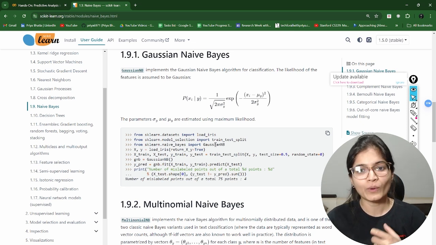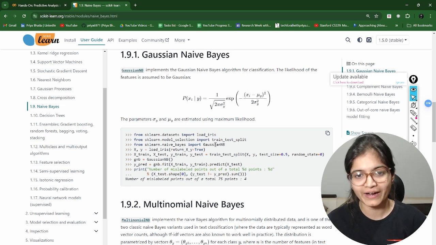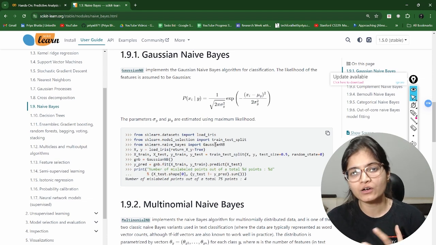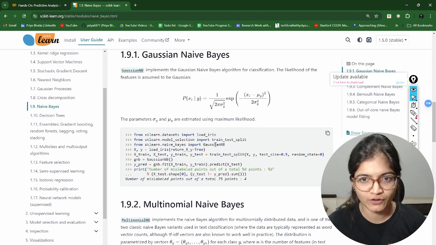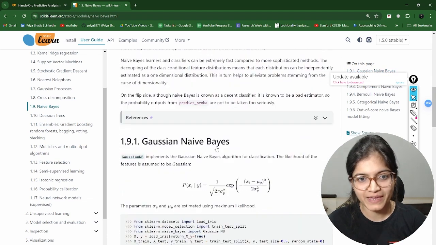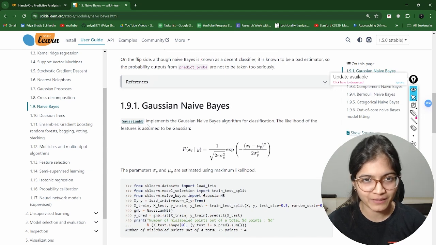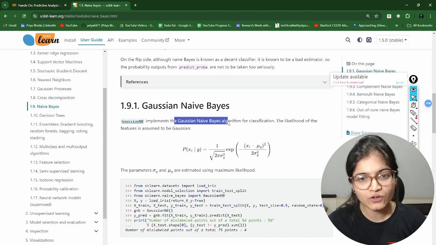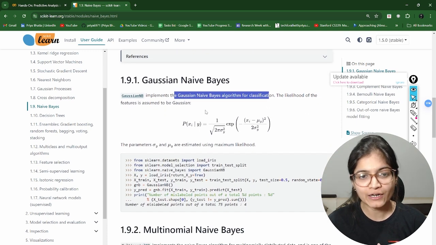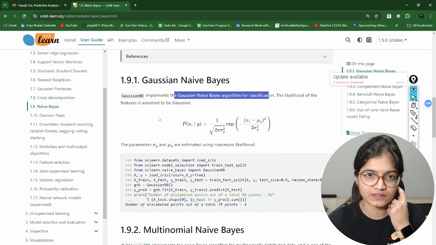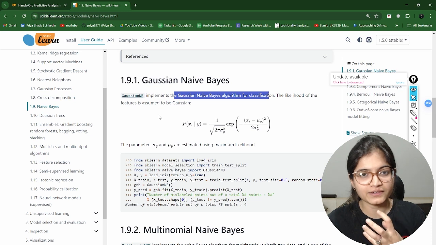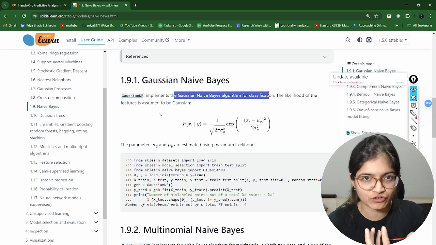At what point of time should we go for this classifier? Whenever you have continuous features available in your data. It must be mentioned here as well. GaussianNB is the model name. It implements the Gaussian naive Bayes algorithm for classification, and the likelihood of the features is assumed to be Gaussian. So what is the meaning of Gaussian? It's a continuous random variable distribution, right?